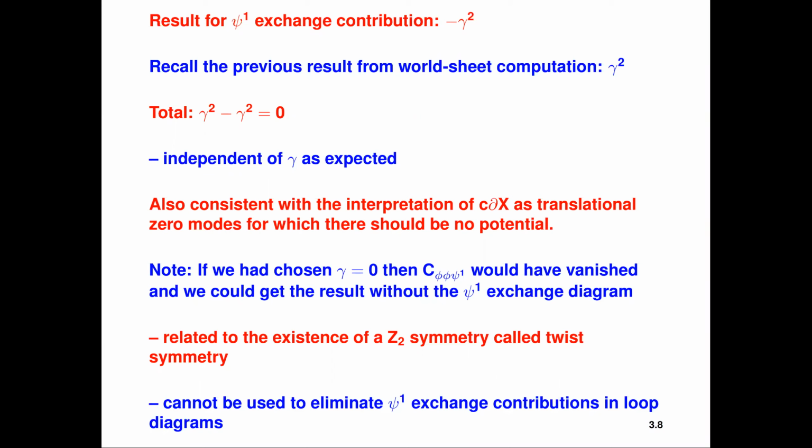I'm not so sure it's true in general, but for the tachyons, absolutely. Twist symmetry would do it. I have a feeling that as long as there are no external momenta, no vortex operators carrying external momenta, it is probably true in general, because you see the point is you have two symmetries now, right? You have this Z2 symmetry and the X goes to minus X symmetry. And probably those two together will be able to rule out the psi1 exchange in all internal lines. I'm not completely sure, but it seems likely.